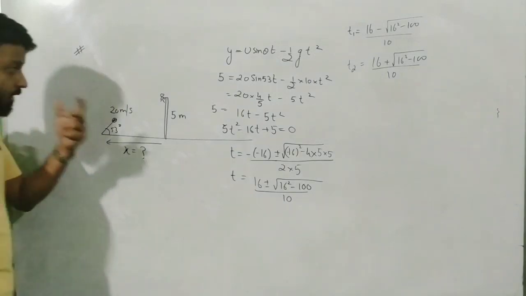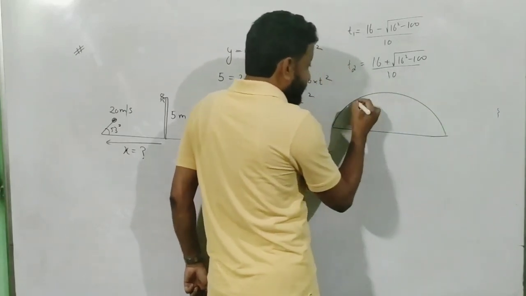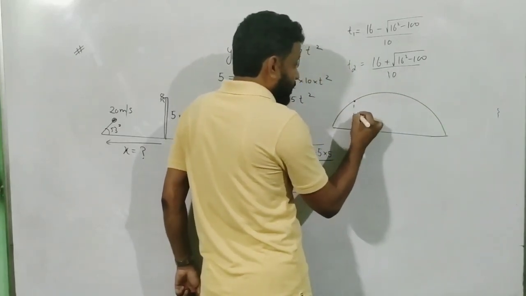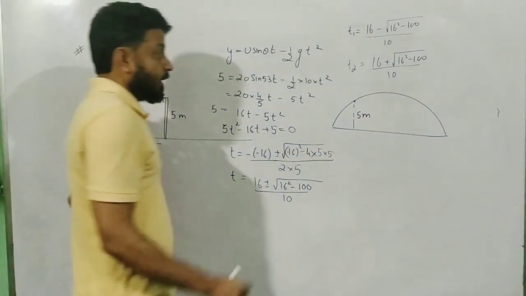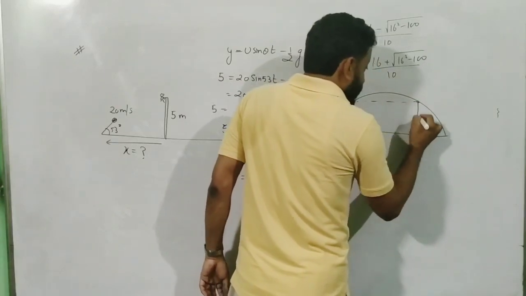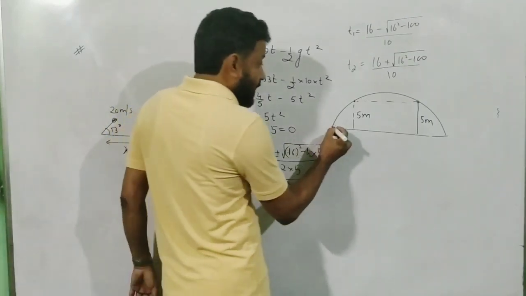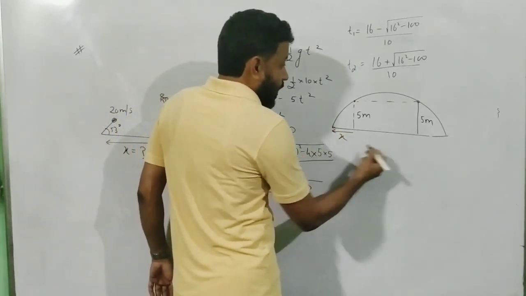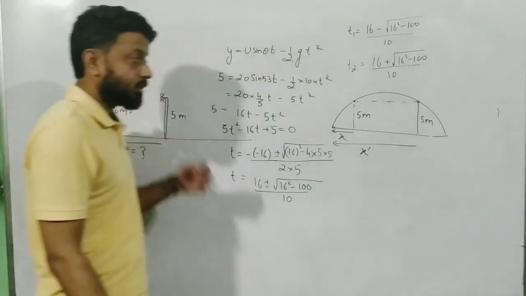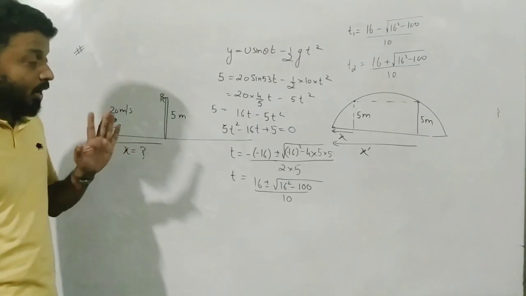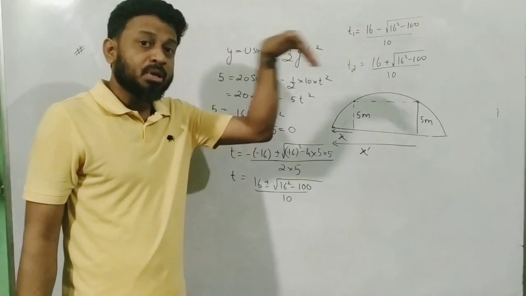How is it possible? In a projectile motion, if I consider a point where it attains a height of 5 meters, definitely there is another instant also when it is going to attain a height of 5 meters. So you have an option. Either you can hit it from this as the x, or you can hit it maintaining this as the x. That is your wish. Let me call this x dash. That means once it is going to hit it when it is going up, and then again it is going to hit it when it is coming down.